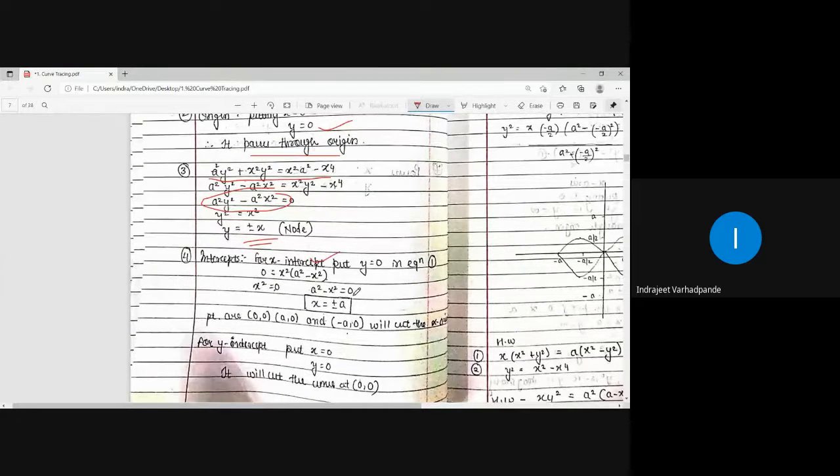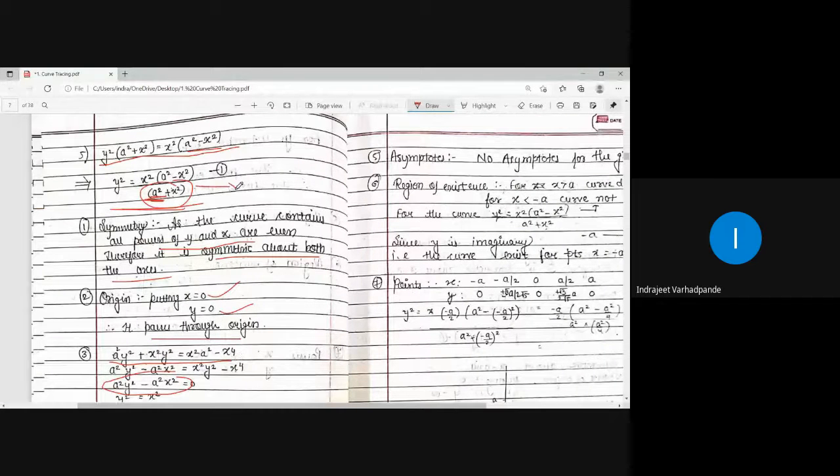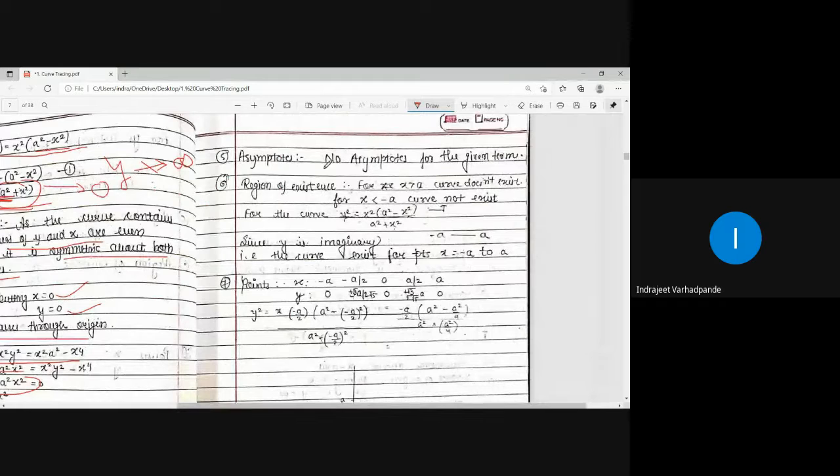Putting x is equal to 0, you get y equal to 0. Putting y equal to 0, you get x is equal to whatever values appropriately you find out and simplify. As the denominator is never tending to 0, square of any number will never tend to 0, right? Or rather, if I take x is equal to 0, 0 plus a square is going to be a square in the denominator. So this denominator cannot tend to 0, and therefore y is not tending to infinity in this case. And since it is not tending to infinity, there is no tangent which will meet the given curve at infinity, and hence I say that there are no asymptotes to the given curve.